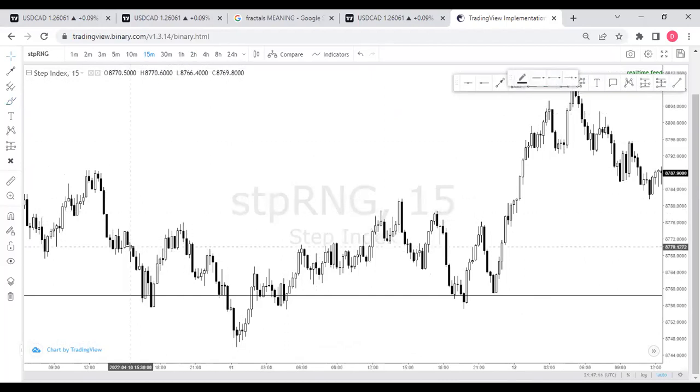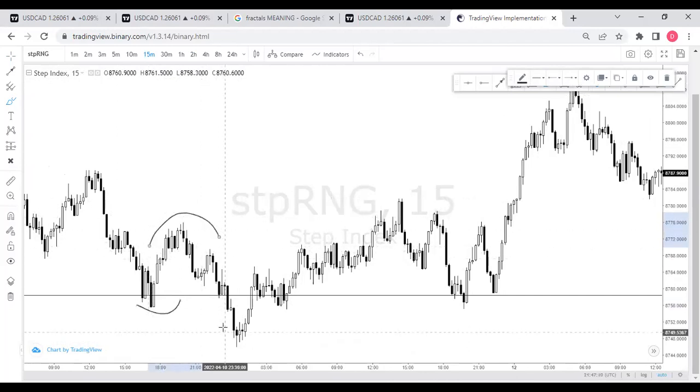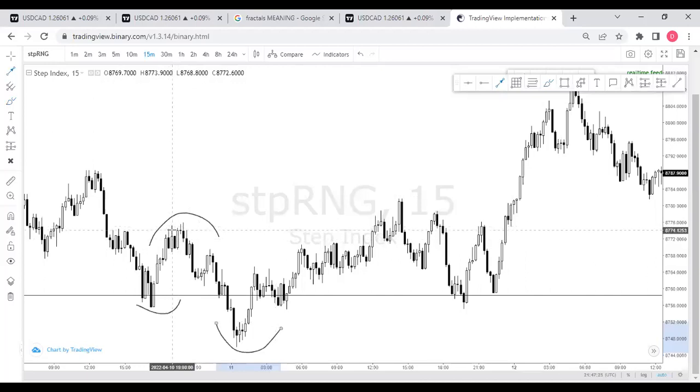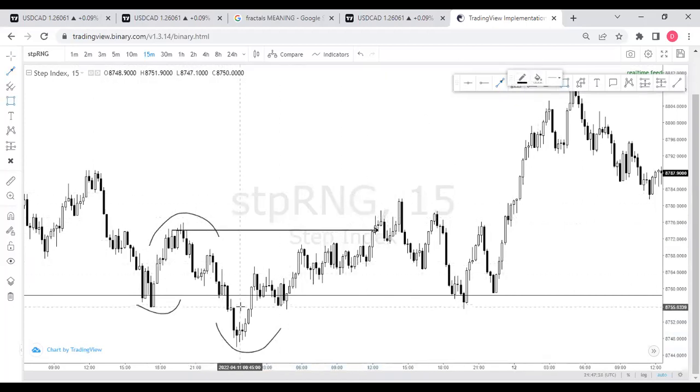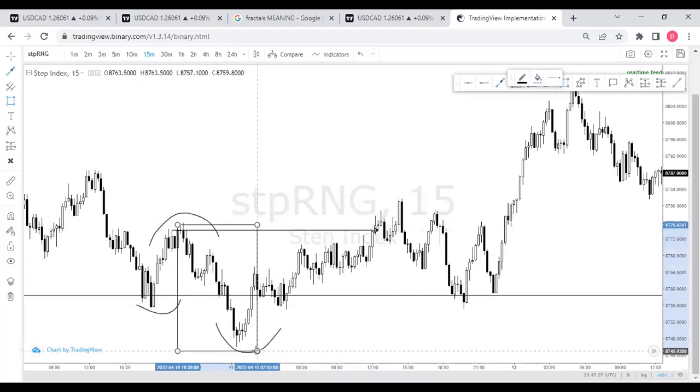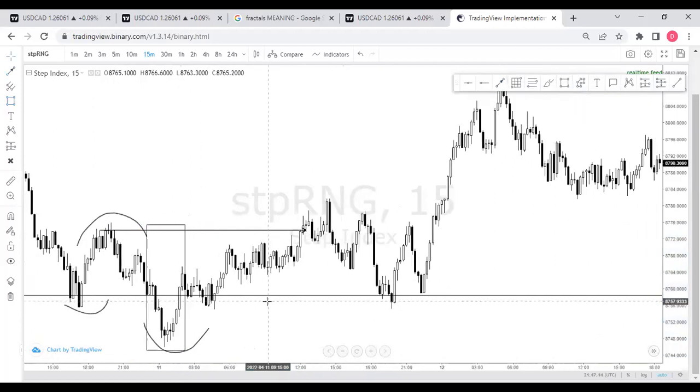Okay, so look at this. I mean, this is so beautiful, right? We had this lower low, lower high, lower low, then a break of structure. Follow me carefully, guys. Break of structure right here. Okay, now this becomes what? This whole entire push down becomes my interest area. All right, my point of interest, this entire push down.